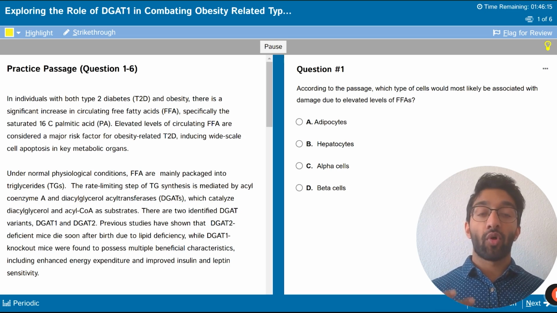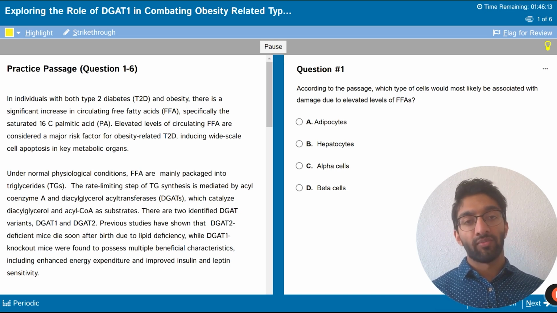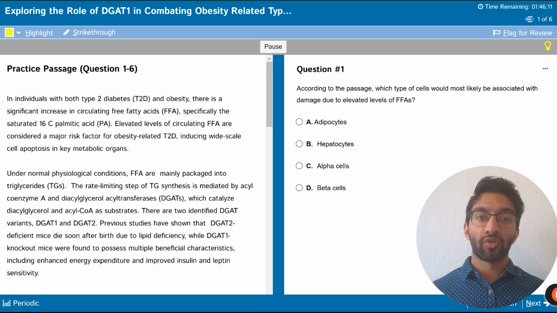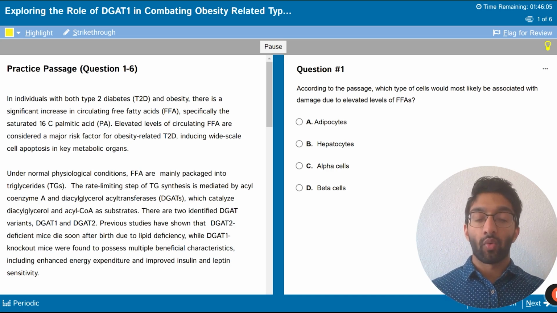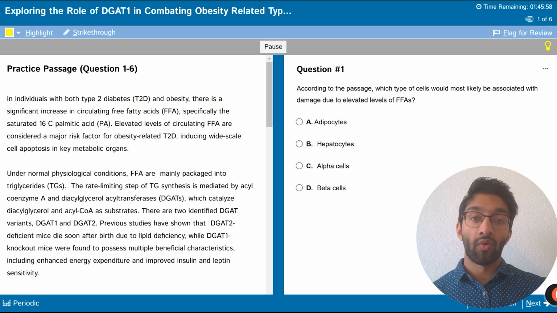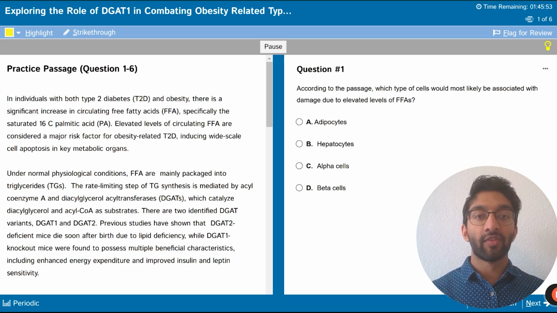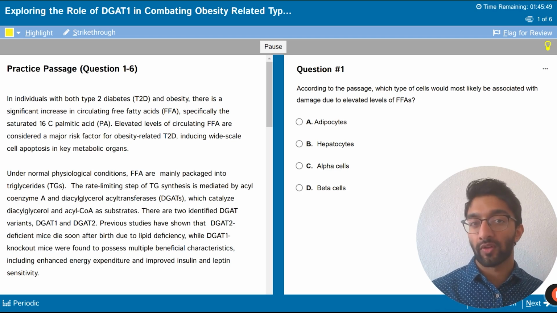These types of summaries you should also try to come up with yourself. Now, you don't have to write them, but one thing you should notice is that in a lot of Biochem passages, as well as a lot of ChemPhys passages, these passages tend to be quite convoluted and have a lot of fluff and unnecessary wording. It's ultimately your goal and your strategy to extract the words that have meaning and leave behind the words that probably won't be so useful to you later when you're answering the questions.